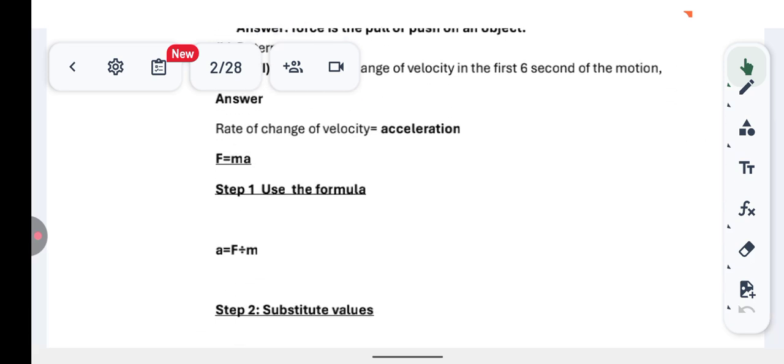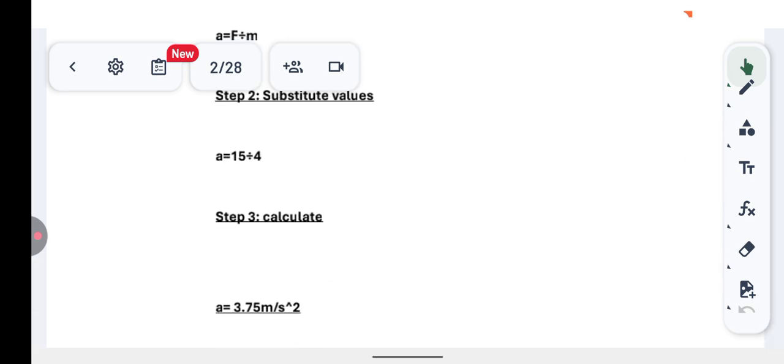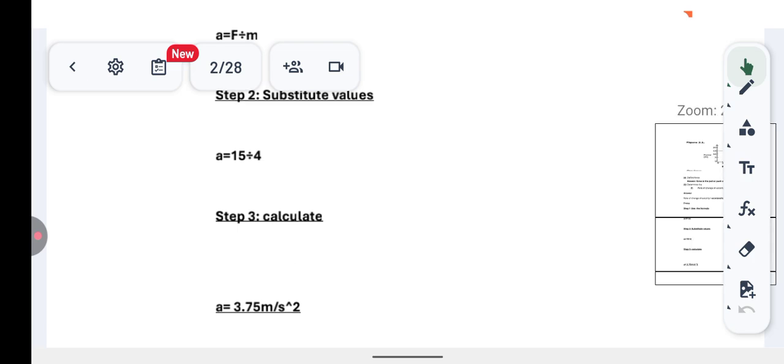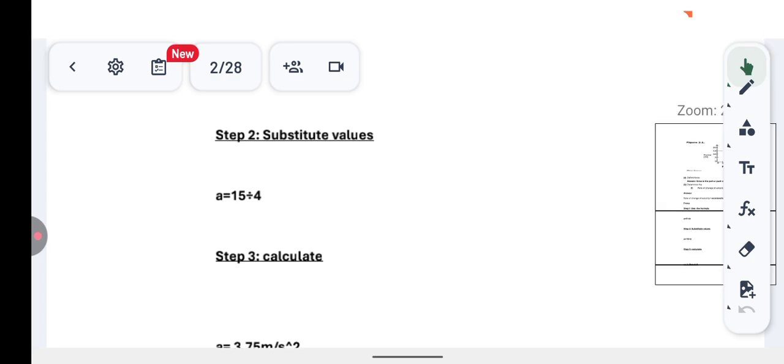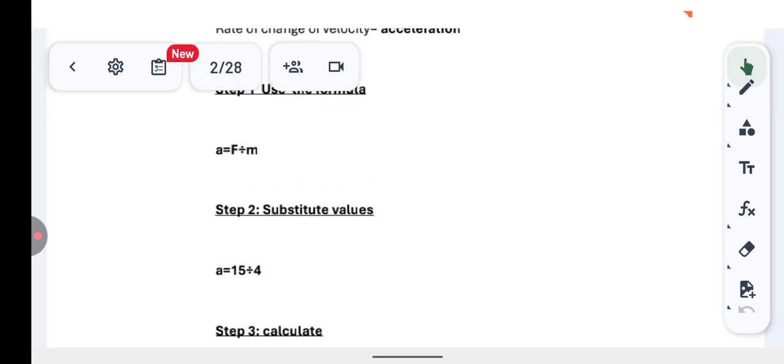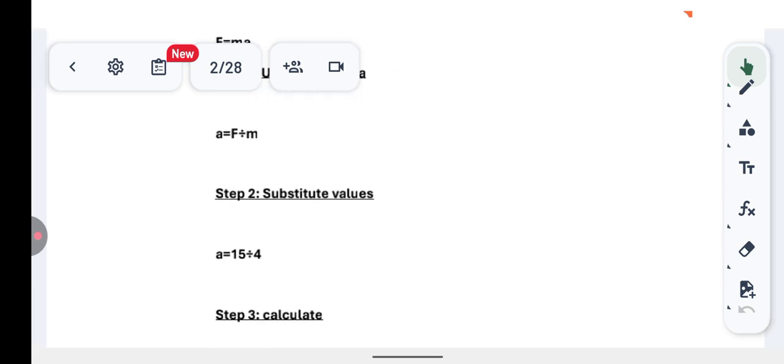Then the 4 is simply the mass of the object. So you simply divide 15 by 4. When you calculate, step 3, you're going to get your answer as 3.75 meters per second squared. That's how you find the rate of change of velocity in the first 6 seconds. Alright, so move on to question